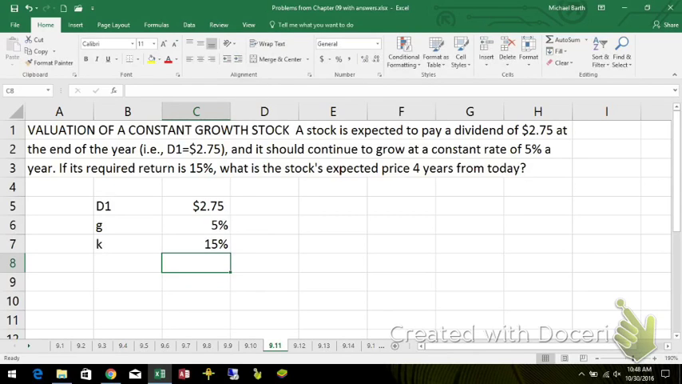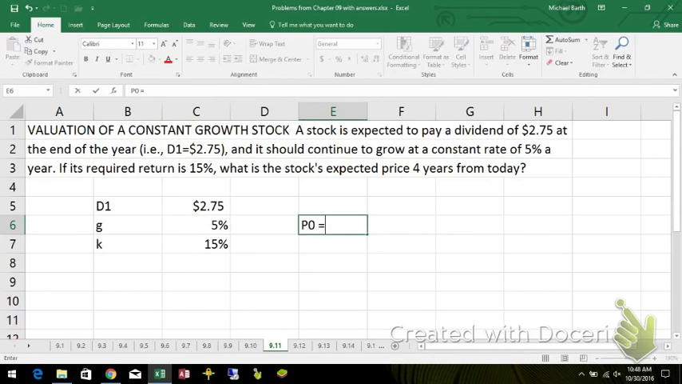Well, it turns out that if the dividends grow at a constant rate of 5%, the stock price is going to grow at the same constant rate. But the other way that you can do that is just go use the horizon value. So 4 years from today, at the end of year 4, the price